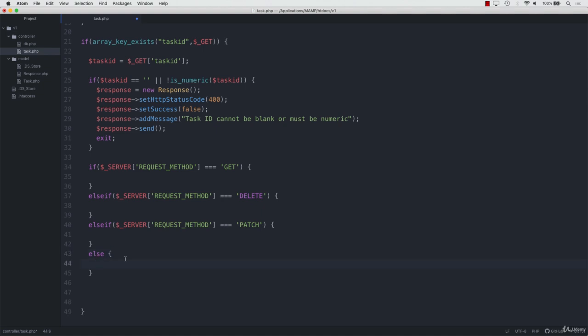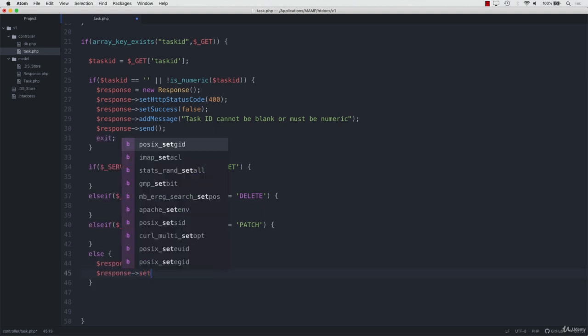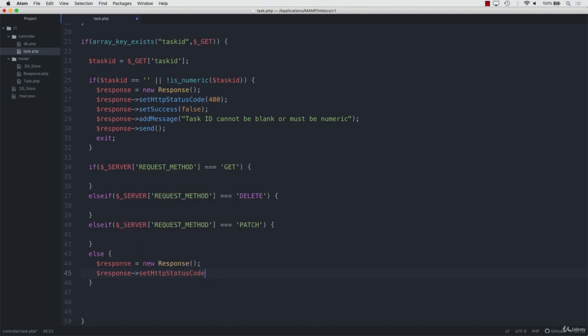And what we do here is just build up a standard response as normal, and we use the status code of 405, which basically means request method not allowed. So it's a catch-all for any sort of request method that's not get, delete, or patch. So what we'll do here is build up the response. And the first thing is, we need to create the response and then start building it up. So response set HTTP status code, and this is a 405,